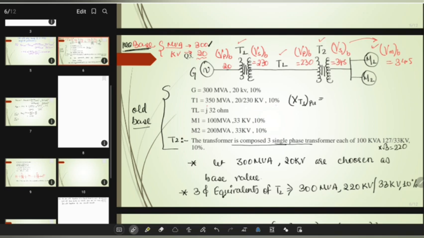Now, what is the old per unit impedance? That is 0.1 into what is the new MVA base? That is 300, that will be same for all the equipment. What is the old MVA value? That is 350 into,